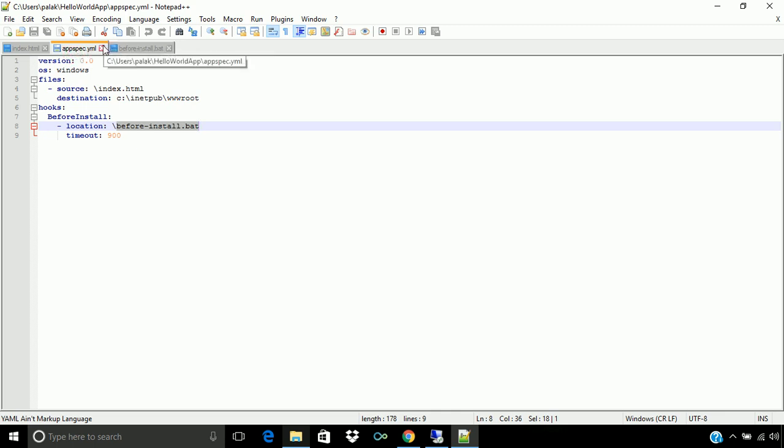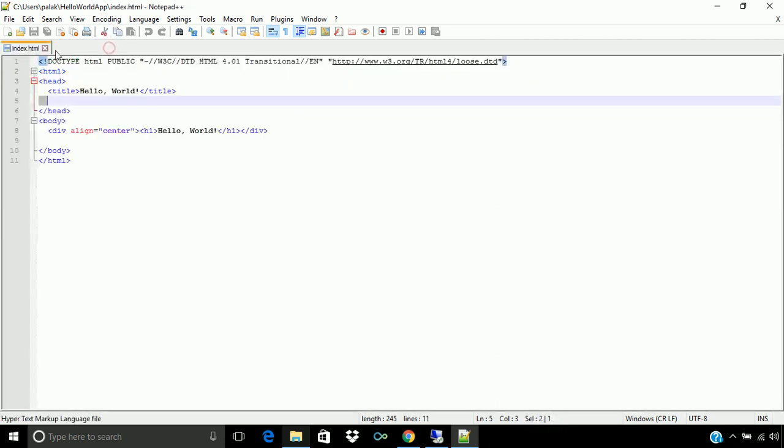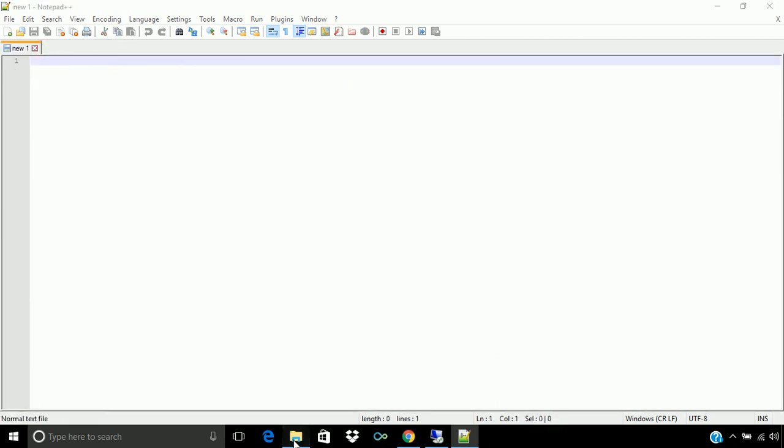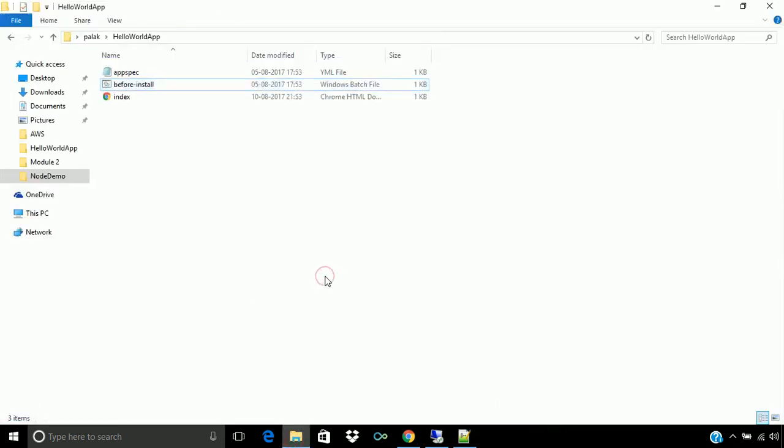So our source code is ready. Now to upload it to Amazon S3, first we have to bundle it and make a compressed zip file containing these three files. We have to be sure that it will not be stored under any folder. So we have to make the zip of these three files directly.